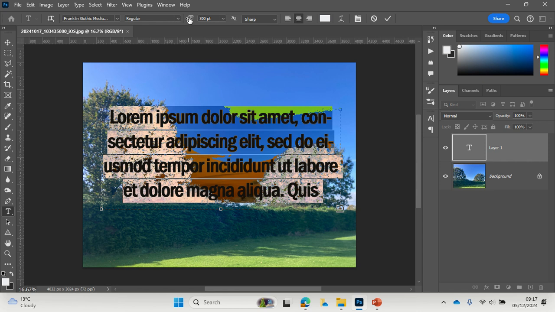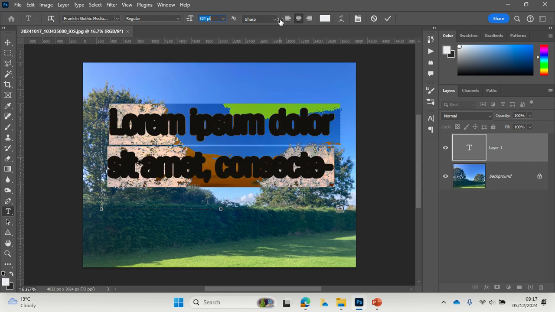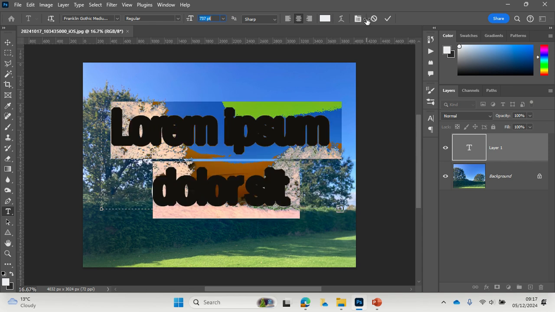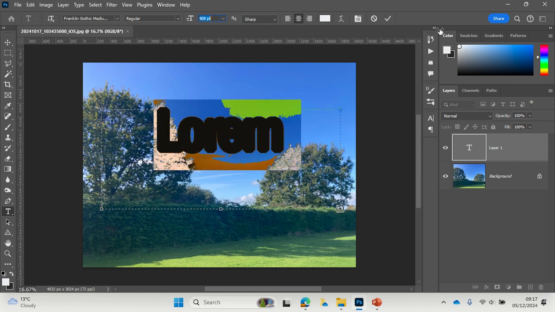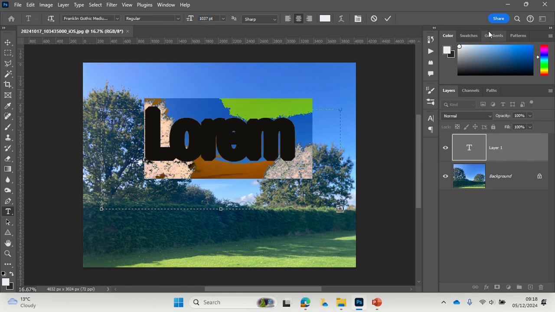So I go up here, I click on the T and I drag to the right, and as I drag it, it's getting bigger and bigger and bigger. Okay, drag it until you've only got one word on there. Don't go too big, otherwise it might just disappear. Let's go there. Right, and I don't want that because that's Photoshop's default version of it, so of